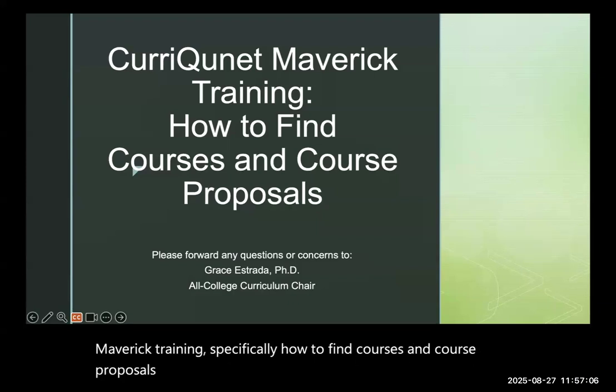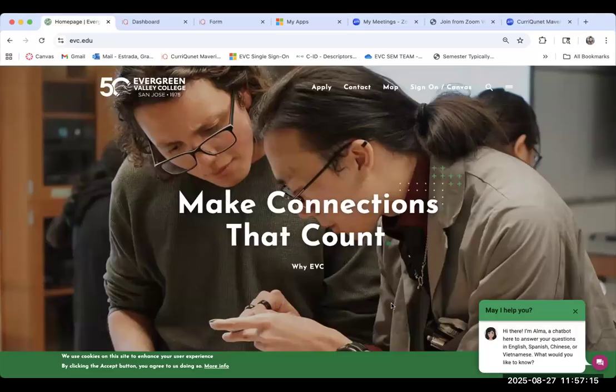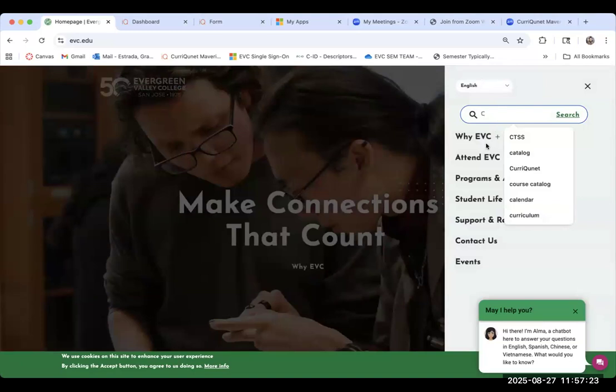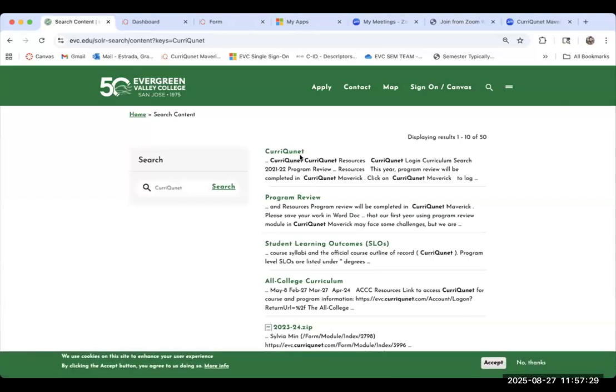So first, what we're going to do is go to our website, and we're going to go over how to actually find CurriQunet. So what you want to do once you're at evc.edu is enter in the search bar CurriQunet. And once you do have it, I recommend bookmarking it. So go to the first result, which says CurriQunet,